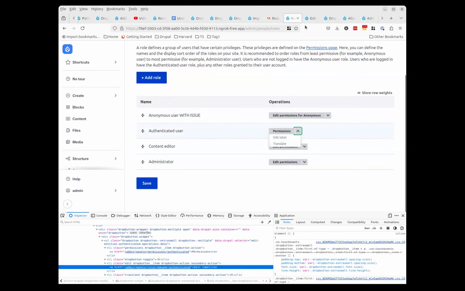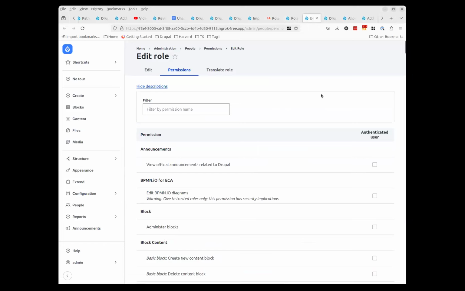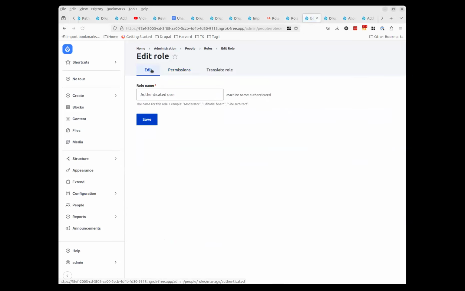Because after all, that is the only thing you can change. Or edit the role name, I guess. Maybe label is too inconsistent with this page.